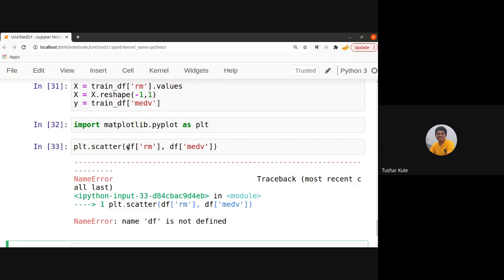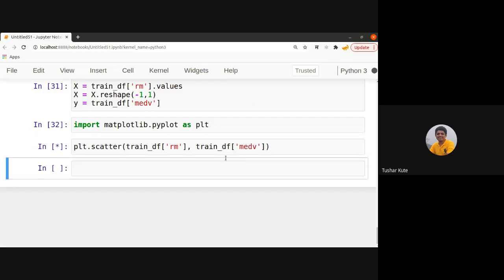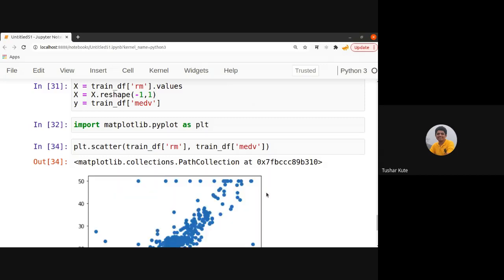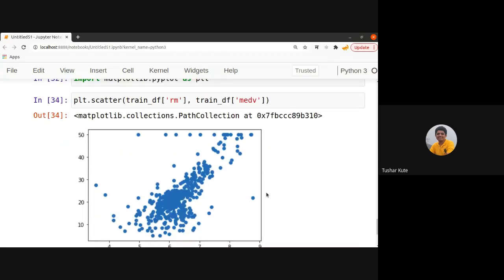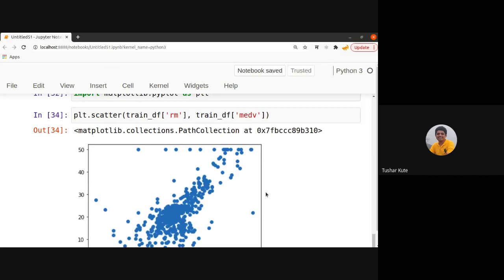Now see the plot. You can see the data is gathered in a group.